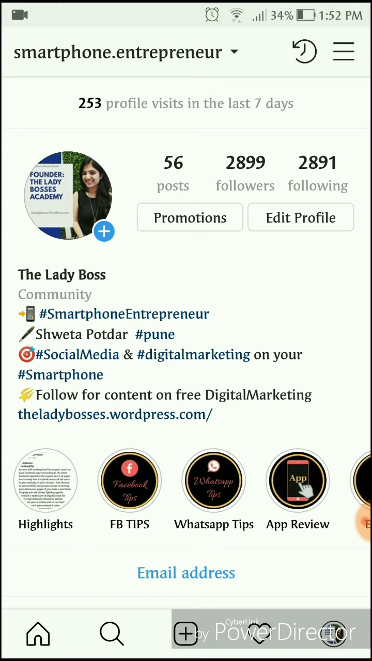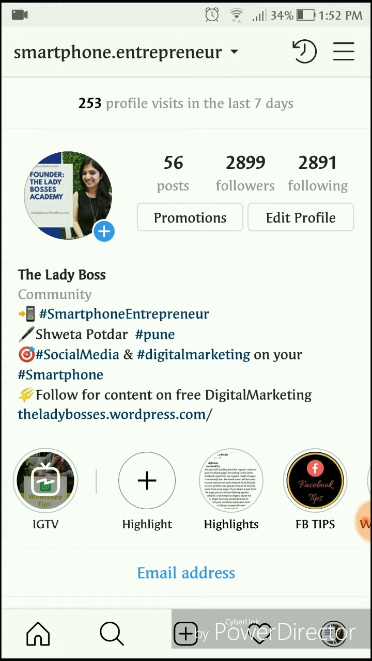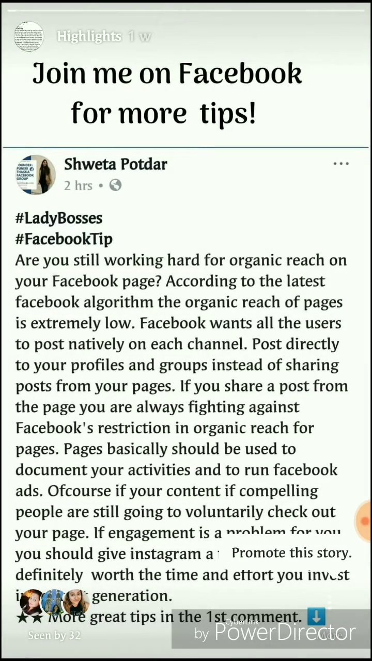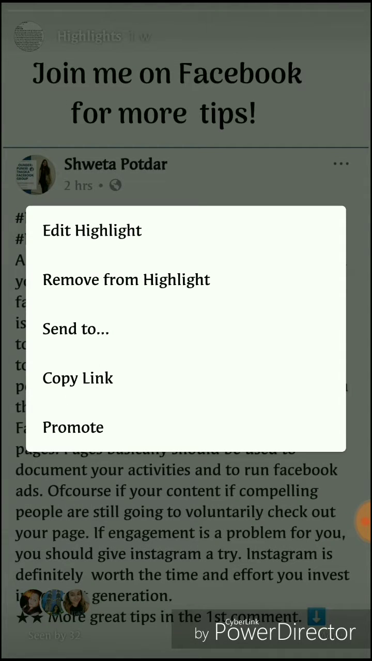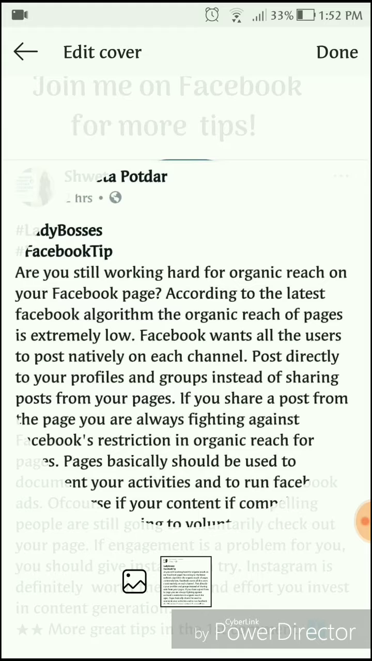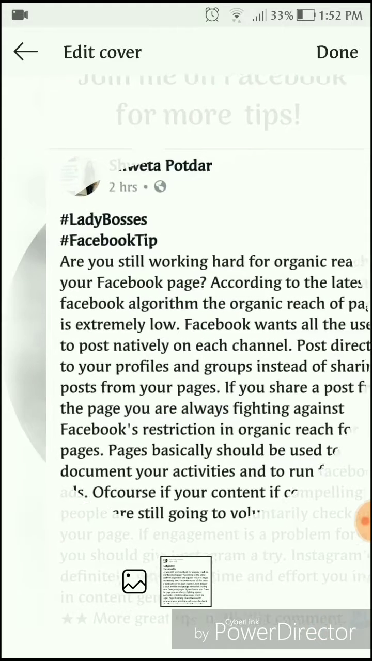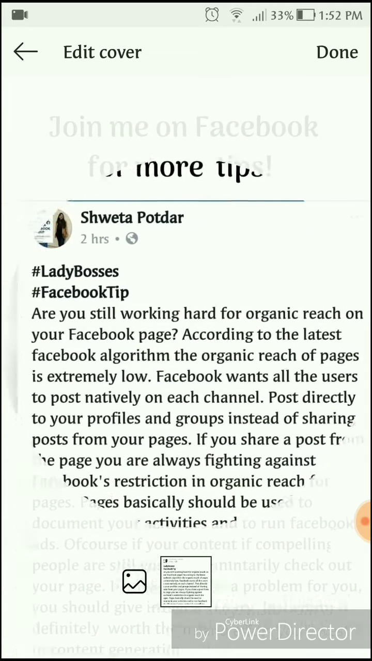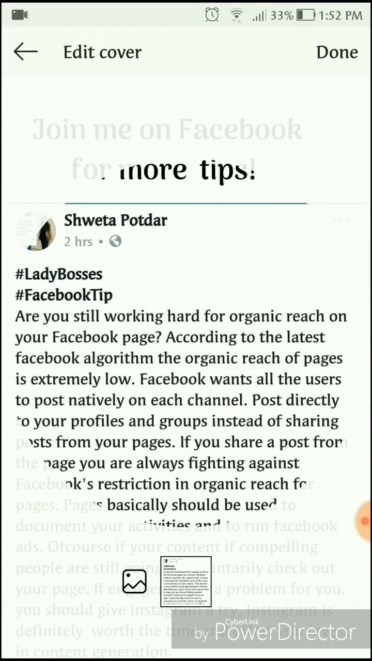So if you want to make these for your own highlights, then that is what we are going to learn today. For that, you first have to click on a highlight, and then there are three dots on the bottom right. You click on that and then you click on edit highlight. Now you see this circle on top and edit cover below that. So on edit cover, the stories that have already been saved are going to be an option by default. Instead, if you want to change this, you click on this gallery image,